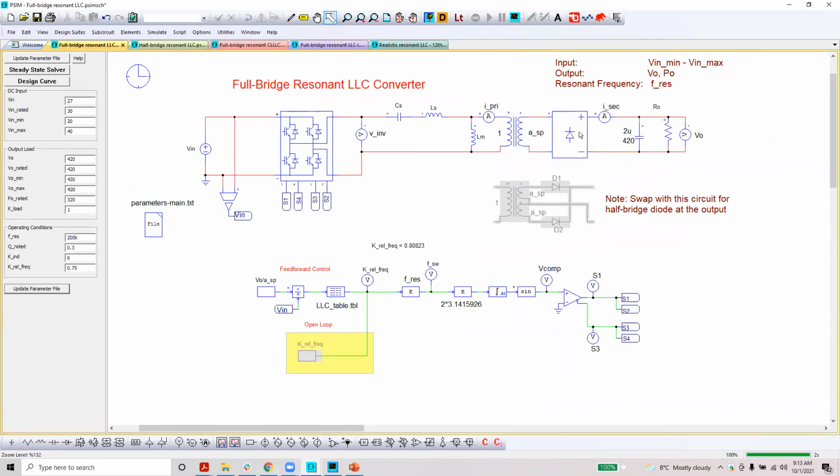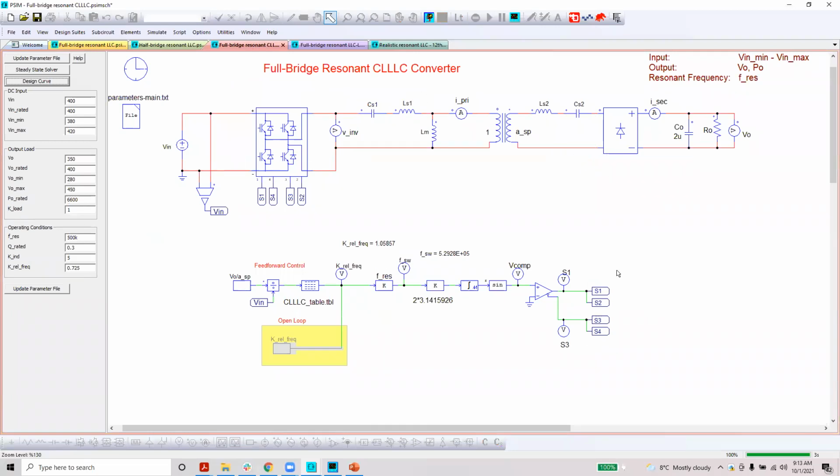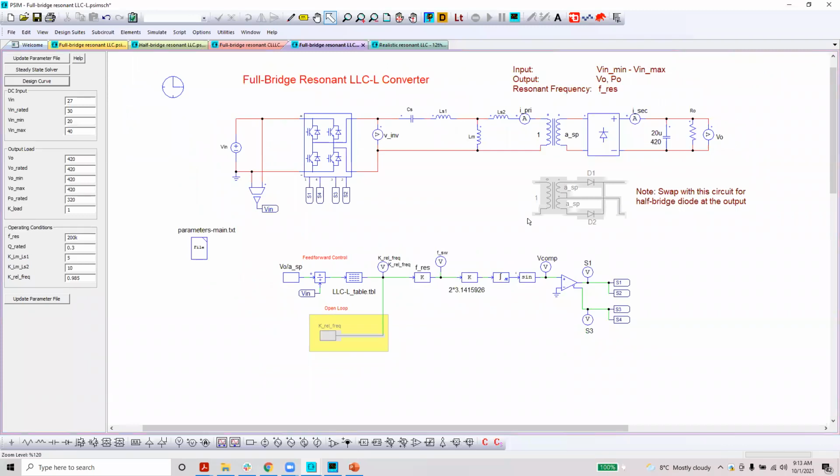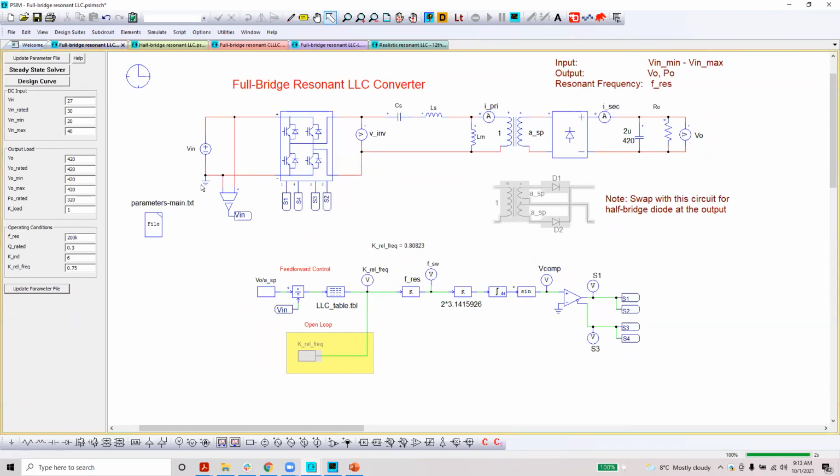This particular one, I've already opened it actually. It's a full bridge. We have a half bridge. Then we have this one, which is the new one we have added, and this one here is a fourth order. This is like a modified LLC. You can have an external inductance on the secondary side, or you can include it as a part of your transformer too. So these are the templates we have, and how it works is that if I run this thing,